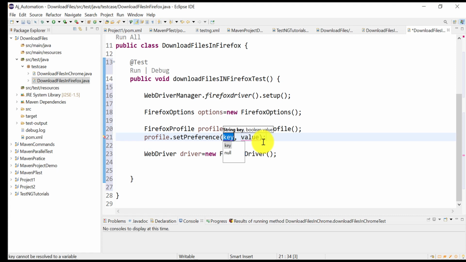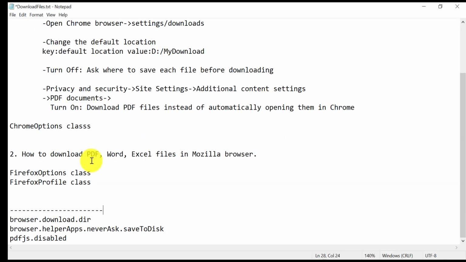So here we are directly using the set preferences, which is giving us the option to save the key and its value. Okay, so what we have to set as the preference is browser dot download dot directory. Okay, it's similar to the Chrome.